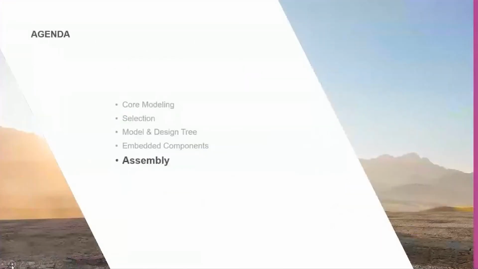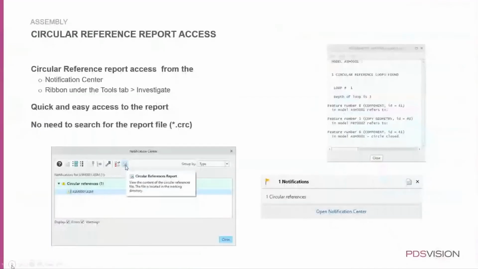Then if we go to generic assembly changes, the story is to give the user more visibility into what's happening. There used to be this file called the circular references report, and you might see that in the log of Creo Parametric at the lower end of the screen, that okay, there are some CRCs in there, which previously meant that you really had to dig through files to find the one with this kind of information, to pick up the problems, that okay,